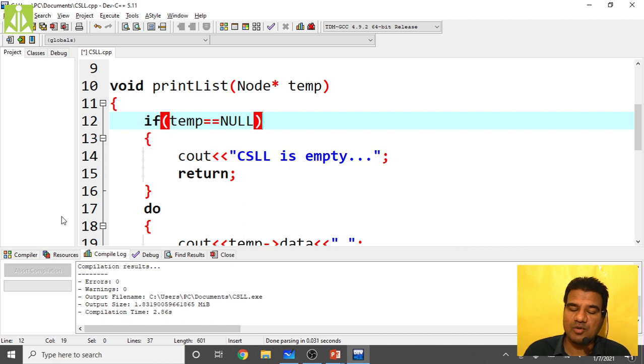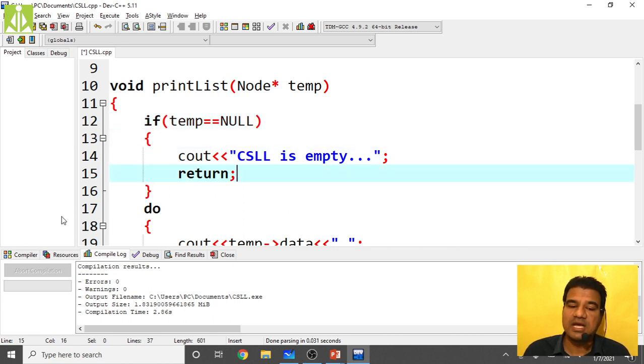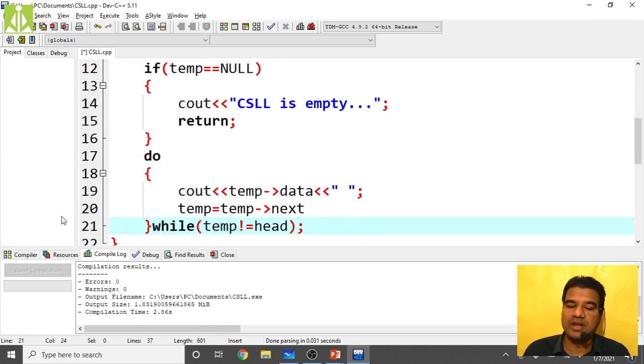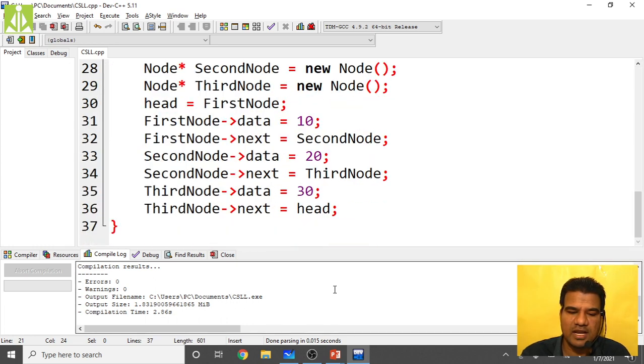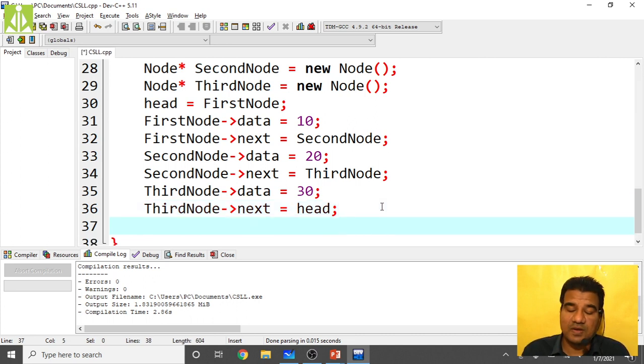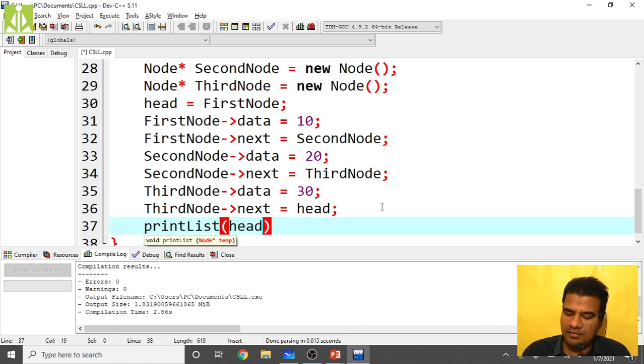Using the temporary pointer we visit all the nodes in the circular singly linked list, and after printing all the nodes, when the temporary pointer reaches the head pointer again, we stop the traversal. So save this and go to your main function. Here in my main function, after creating my circular singly linked list, I have to print the list, passing the pointer.